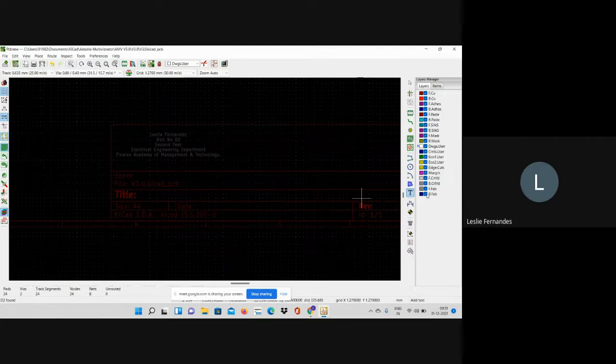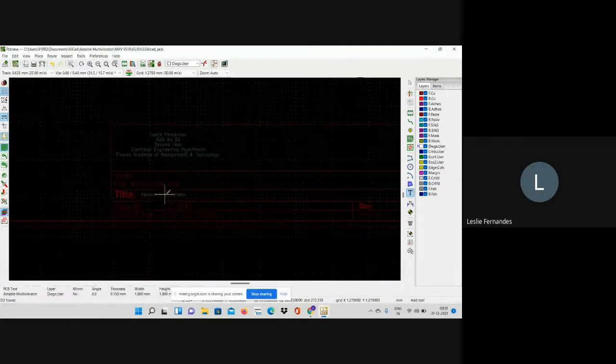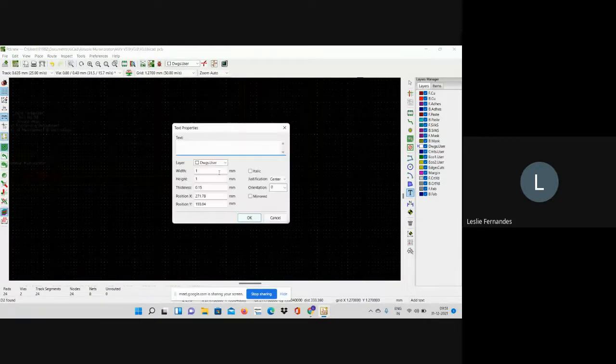Then I'll give it a title. I will say astable multivibrator. You can go to revision and give it the revision that you're working on.